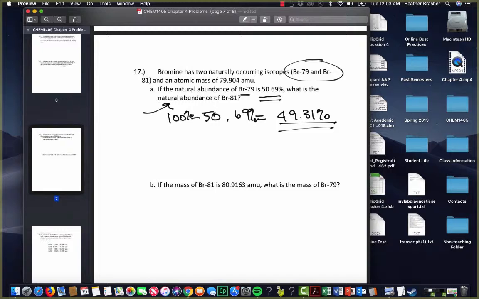And so if we look, it says we have Br-81 equals this. So basically we have here, for here, and we can look at this last thing, we have Br-81 weighs this much, and we don't know what this weighs, right? But we know Br-81